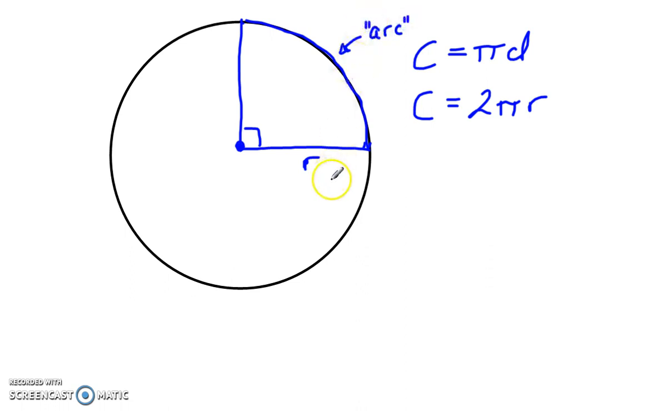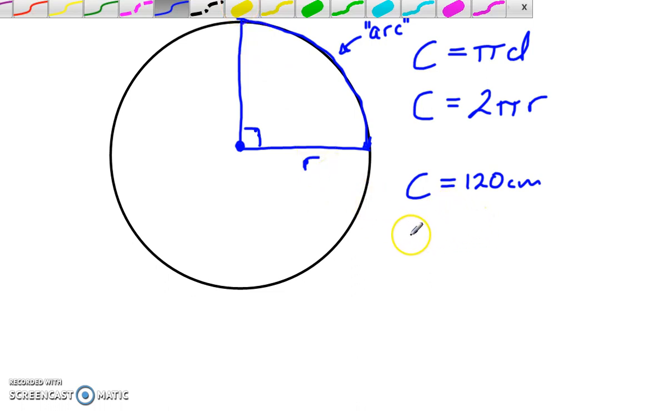Now that arc is related to the angle in here. Let's say the entire circumference of this circle is 120 centimeters. Now think about it. Pause the video and see whether you can figure out how long this arc is. And if you said that arc is 30 centimeters,